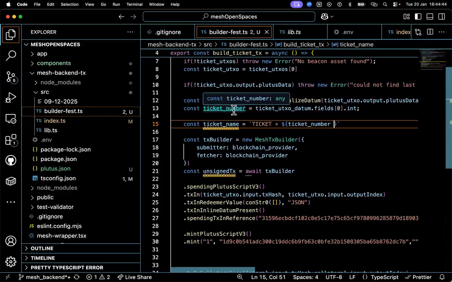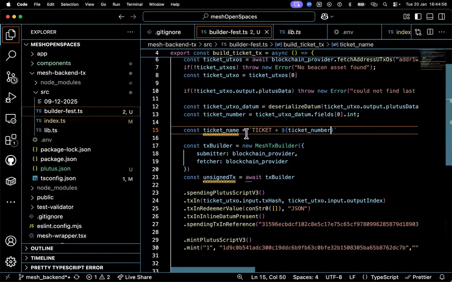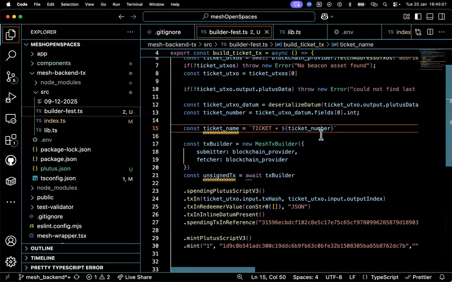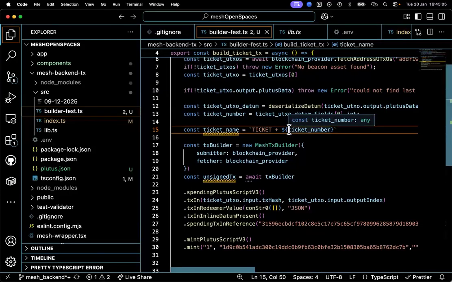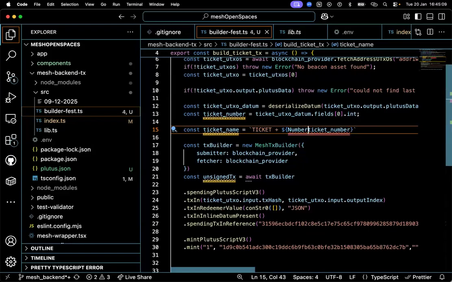Since we know it's a big int that is coming, it's better we do something. Where we would be needing it is when we want to update the datum. But for now, to be on the safer side, let's just wrap it with the Number constructor.